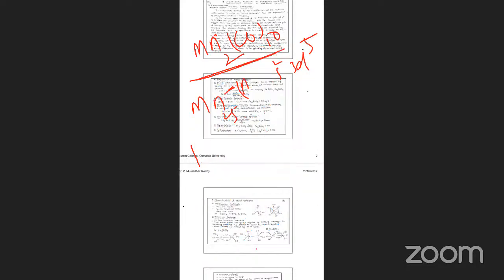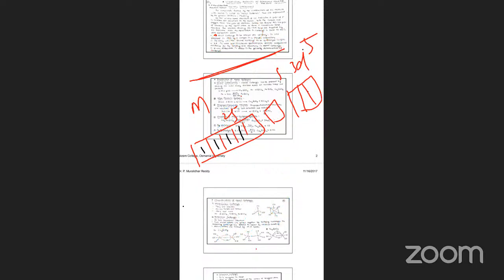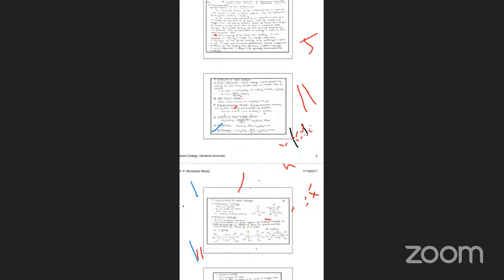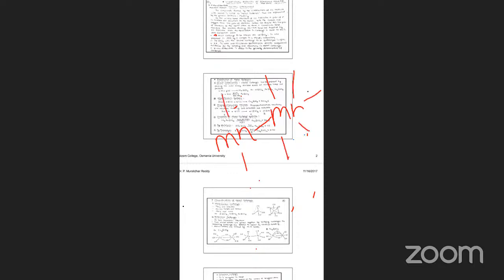Okay, this is the structure. We can draw the structure also. What is the structure of that? One Mn bond is formed, and this Mn contains 5 COs. This is the structure of